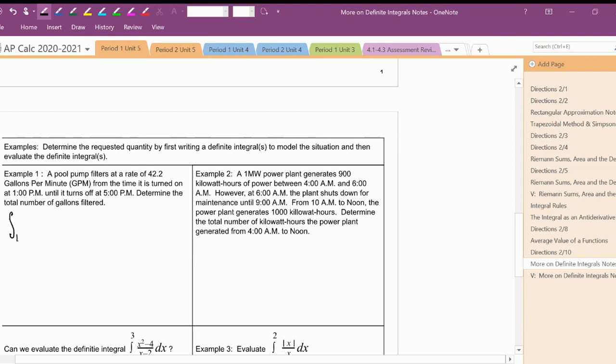So we start at 1 p.m., end at 5 p.m., and filter at a rate of 42.2 gallons per minute. So I am collecting the rate over time. We know how to evaluate this using one of our integral rules. Upper limit minus lower limit times our constant, and this would give us